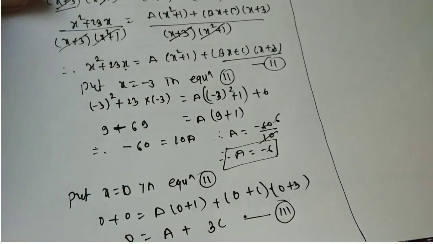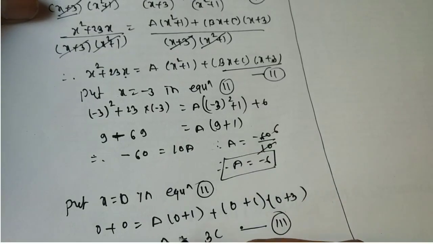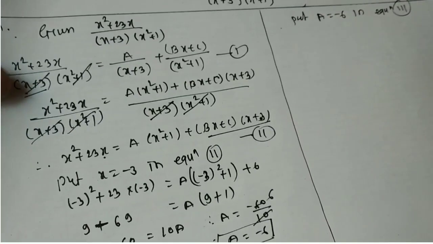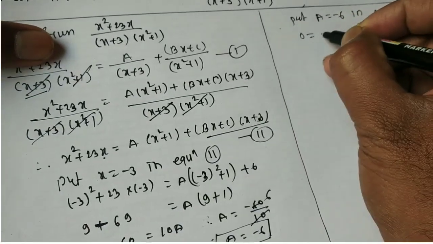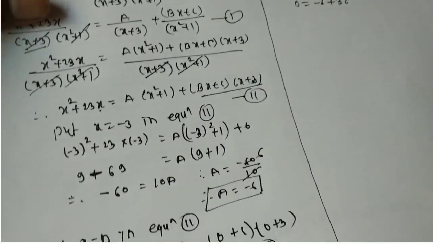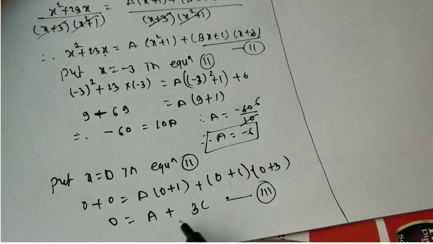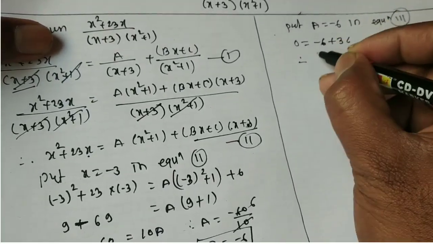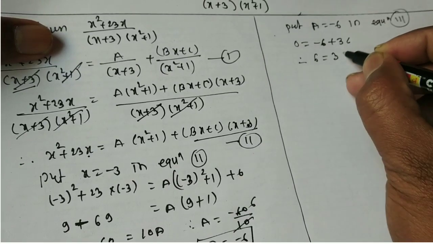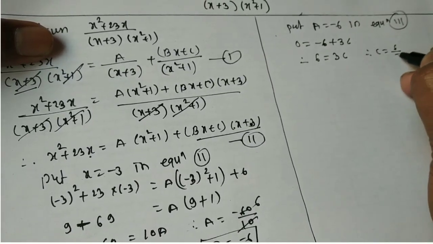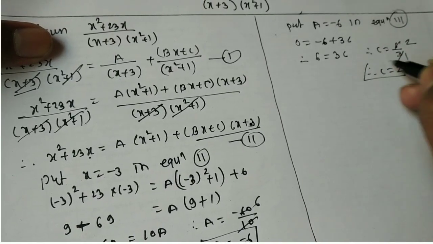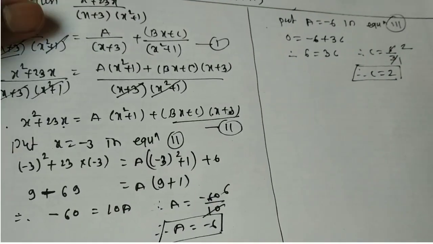a का जो वैल्यू आया है माइनस 6 पुट करो हमारे थर्ड इक्वेशन में. तो थर्ड इक्वेशन में पुट करने के बाद क्या मिलेगा? 0 इक्वल टू माइनस 6 प्लस 3c, क्योंकि हमारा दिस इज 0 इक्वल टू a प्लस 3c था, तो a के जगह पे माइनस 6 पुट करो. सो -6 ये साइड में लेके आओ तो +6 होगा, विच इज इक्वल टू 3c. सो c इक्वल टू 6 डिवाइडेड बाई 3. सो 3 1s are 3, 3 2s are 6. सो c कितना मिला? c we will get 2.